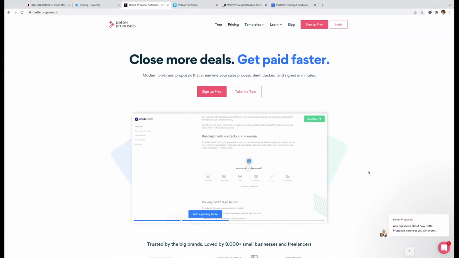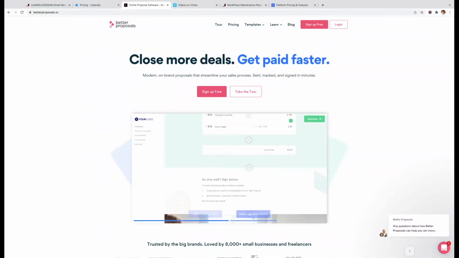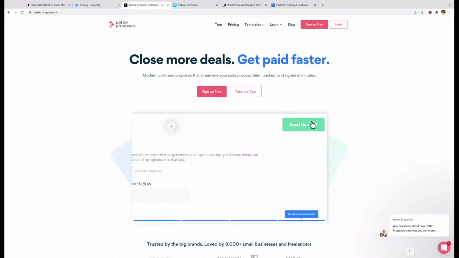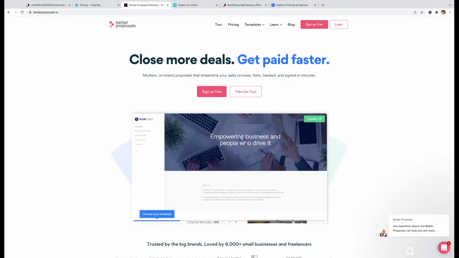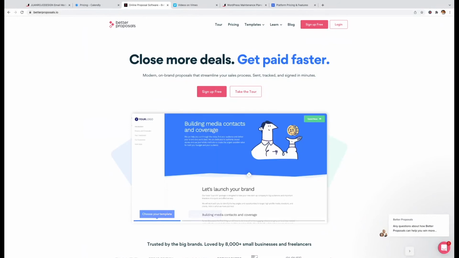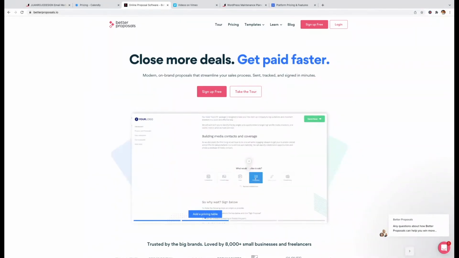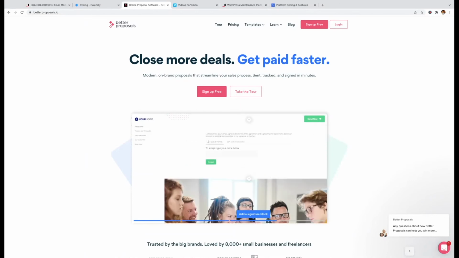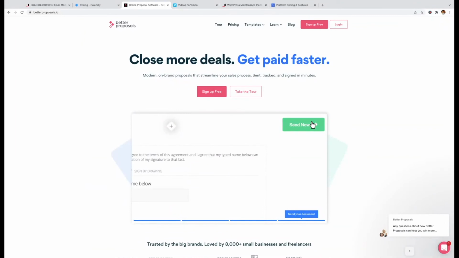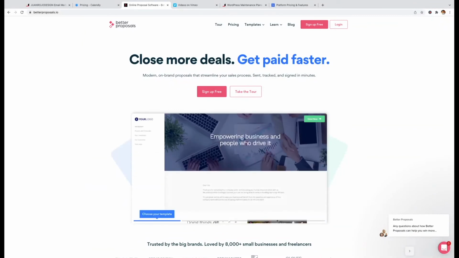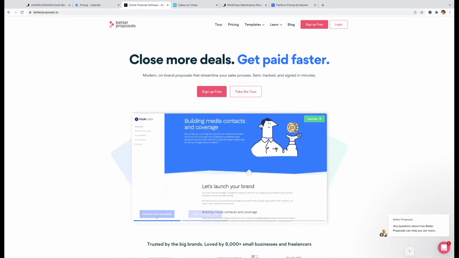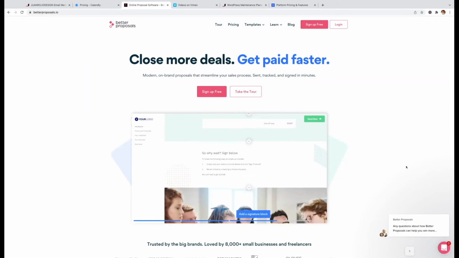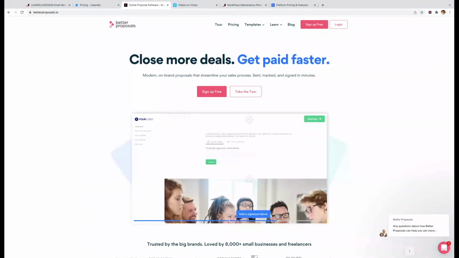As you can see here, the app allows you to build proposals online, and not only build them, you have templates that you can completely tailor to your brand, and all you have to do is essentially tweak the text a little bit, but all the company name gets already filled out. That's part of the integration with ActiveCampaign. You just need to look up a client, and it will pull up all the information, and it will populate the proposal for you whenever that company name appears. It's great. You can put images in, video. It's really impressive. Now, the integration at this point is just one way at the moment,